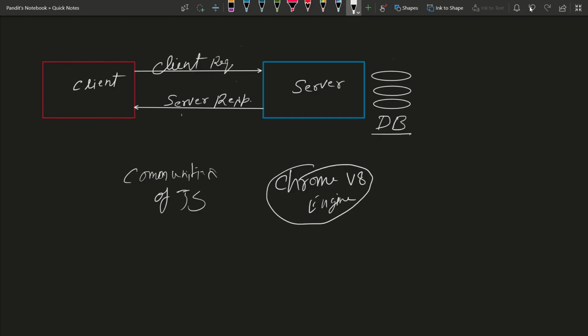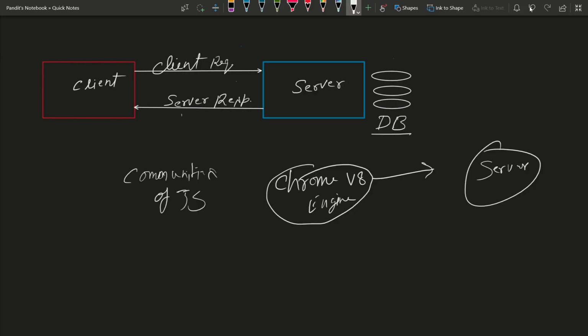So the community of JavaScript developers thought, why would we not place the same thing, the Chrome V8 engine, on the server side? So they placed the same thing on the server side. Okay.